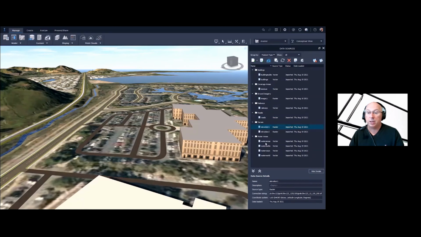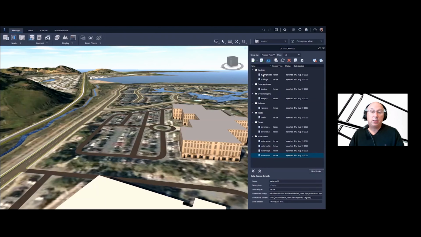So what other data do we have? We've got TIFF files with all the different terrain, as well as the water areas, all those ponds and rivers and creeks and things like that. And we have all the different areas as well as the line work, like the creek you saw. So we have both the water polygons and the water lines, and they all came through. So look at that. It gave us all this data from buildings, coverage areas such as land use, ground imagery from Bing, railways, roads, elevation terrain, as well as water areas. It brought all that together into the model.